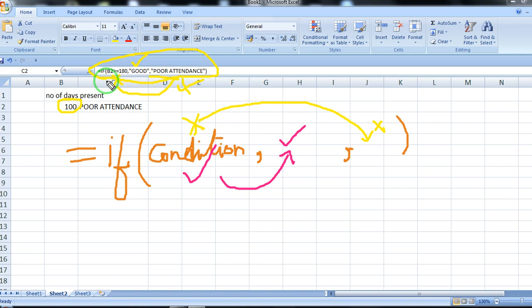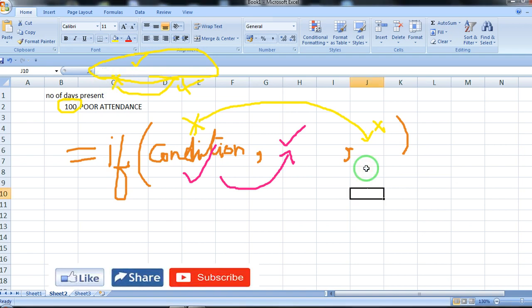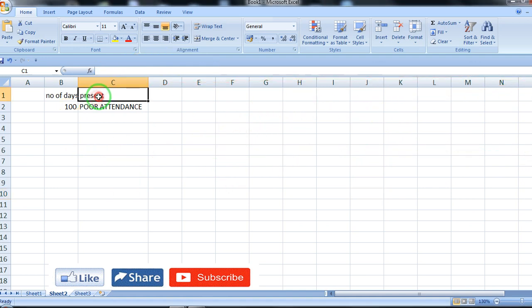So the IF function is used to check a condition, and depending upon a condition you can display a set of values. Now here I am using only one IF function. If you want to check multiple conditions, for that we can use multiple IF functions. Now I will be showing you how to use multiple IF functions. Let's first erase these things. Okay, let me remove this. Also, let me remove this.